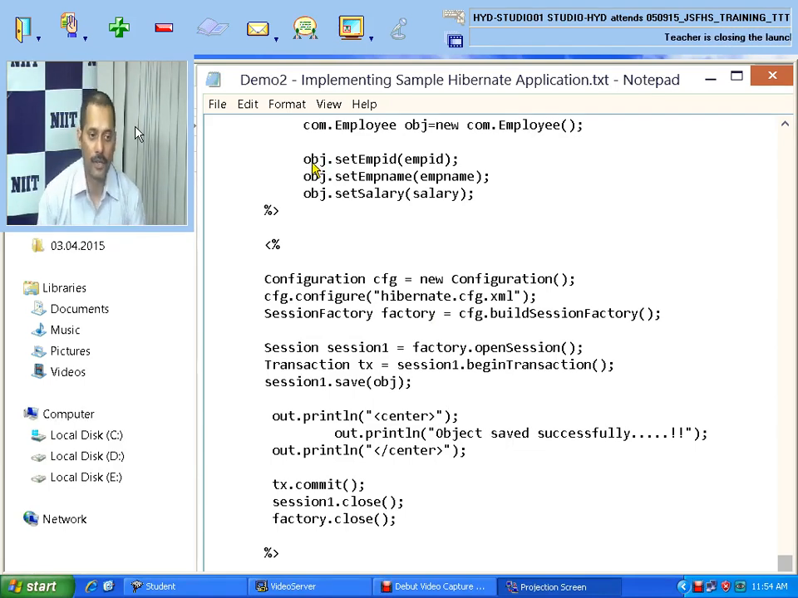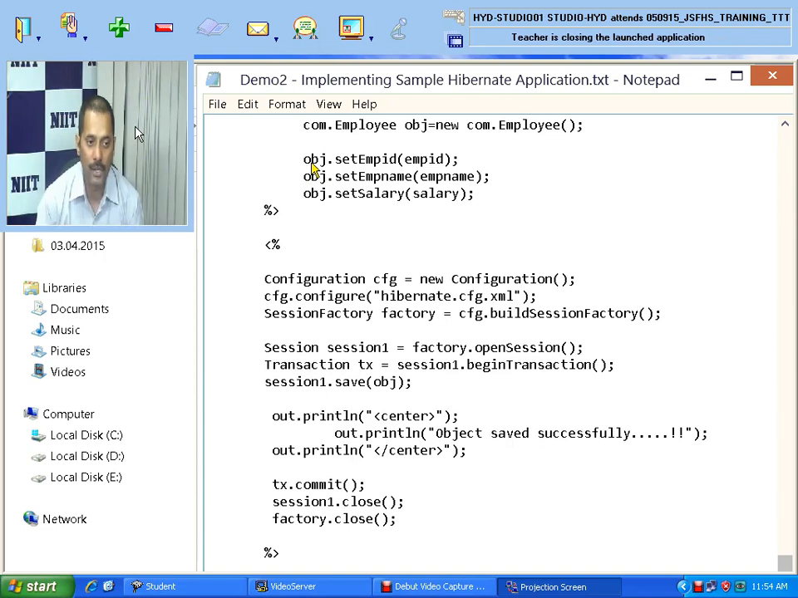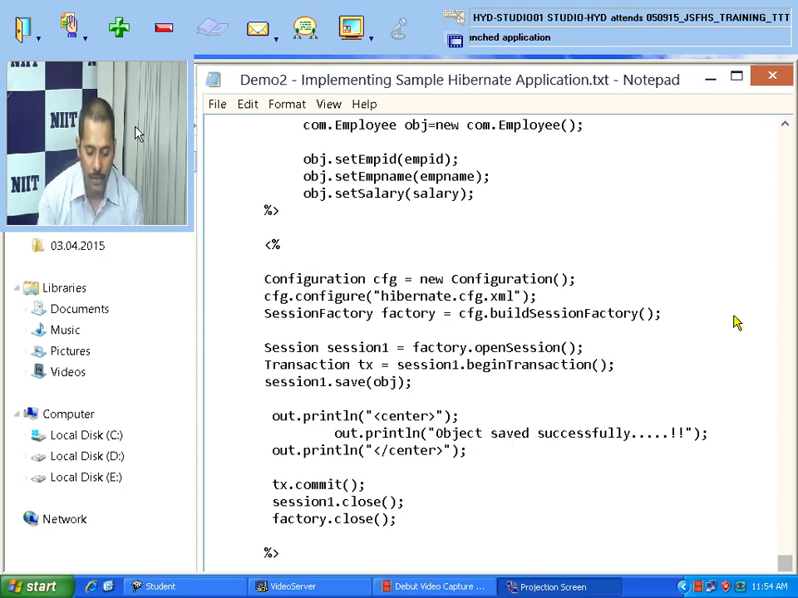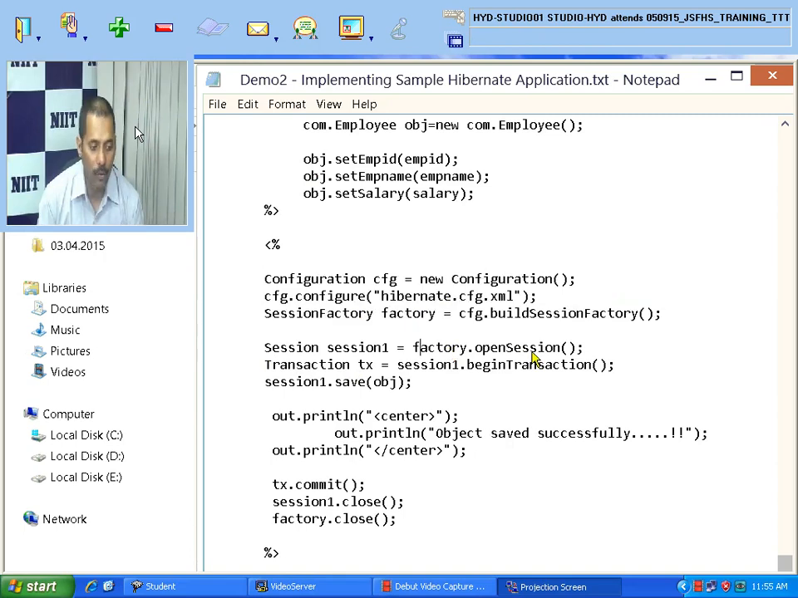Alright then. So this is the part where we talk about the Hibernate configuration file and what we have discussed. Then we can write the code. We have created a configuration file. We have created a session object, so factory.openSession is the method by which we get the session object. We can create the transaction object by calling